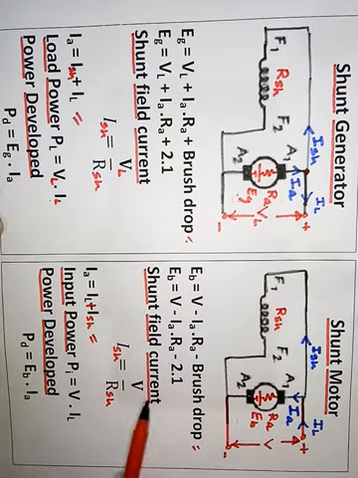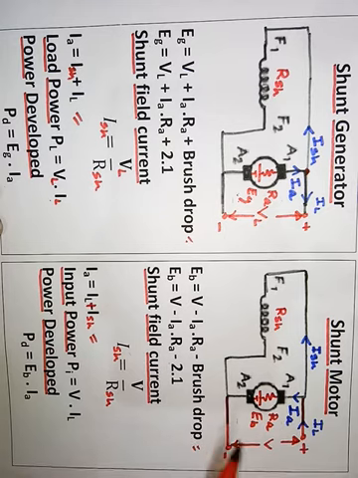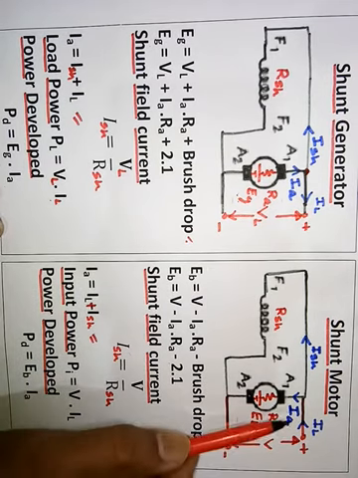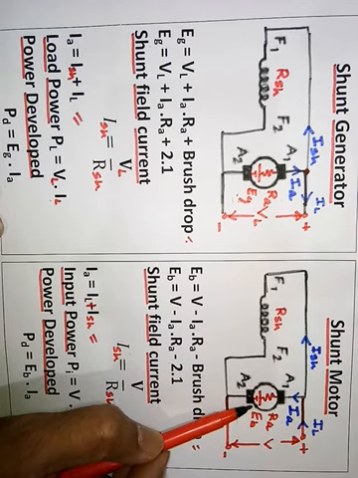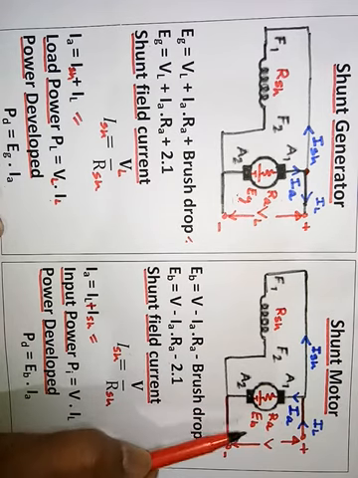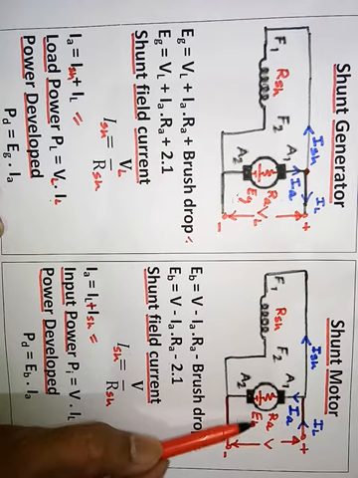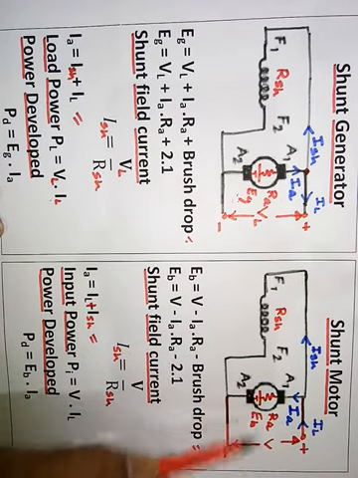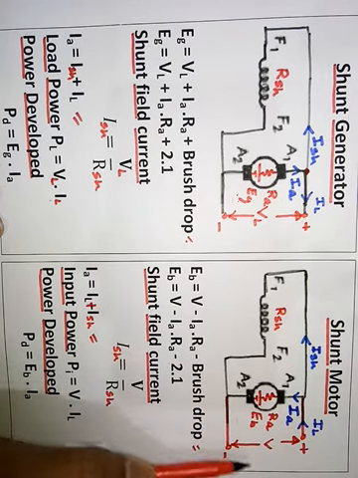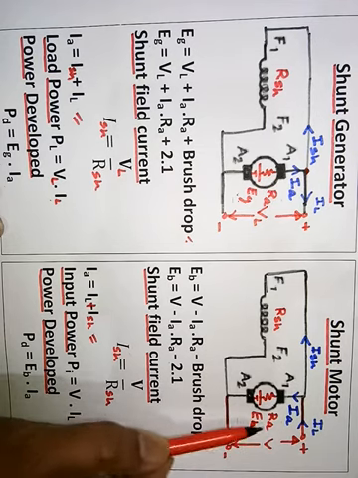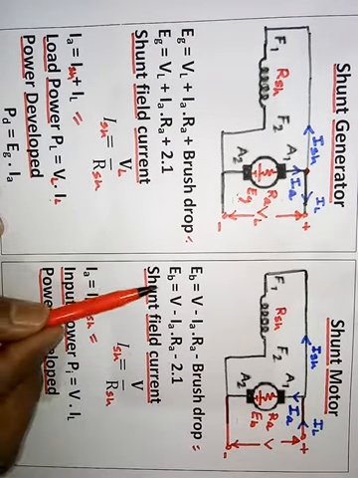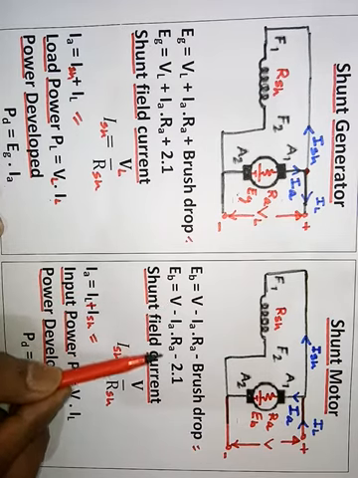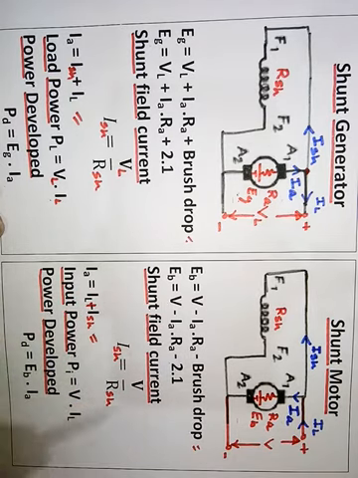Now in this particular circuit diagram, this is the motor diagram. In this motor diagram, the supply is given to the armature circuit first. Then what is the relation? Now the voltage is induced in the armature circuit again, but that induced voltage is generally known as a back EMF. Clear? Why is it known as a back EMF? Because the voltage generated in the armature opposes the supply voltage. Okay? Supply voltage is this one, generated voltage is this one. That is the back EMF. So what is the value of back EMF? EB will be equal to V minus IA RA minus 2 times 1. This is the general equation for the motor case.